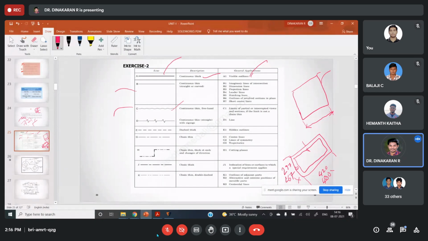Same like, if in some case I am given a line of 1000 mm, is it possible to draw in this A3 sheet? No, sir. If I give 300 mm? Yes, sir. The total is 400 mm. I am giving 300. Is it possible or not? Yes, sir, it is possible. It is possible to draw 300 mm. If it is beyond that limit of 400 mm, we need to go.